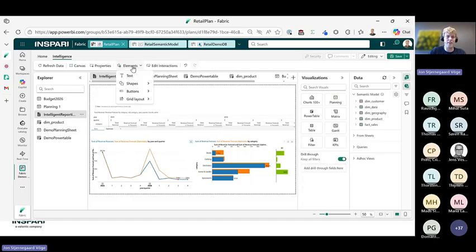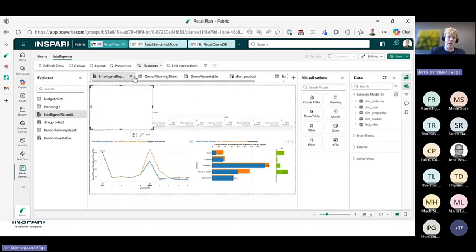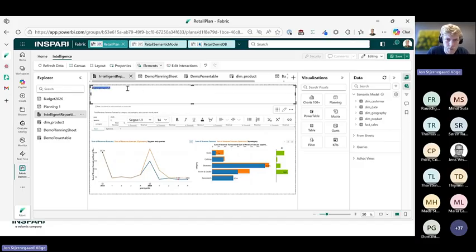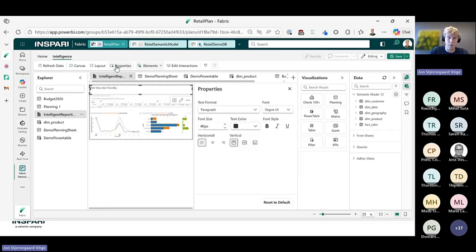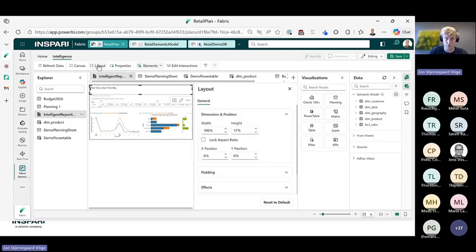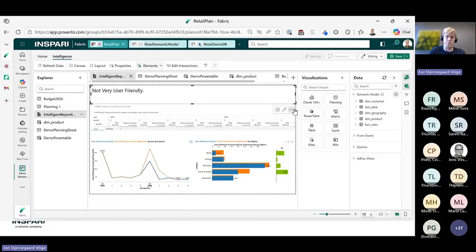It is not Power BI in the sense that it's not very user friendly. I mean, how do I even now increase this text size? Okay, I do that there. That was at least logical, right? How do I format this now? Okay, it's up in the properties, which then open in a weird pane here, right? Now I can change the same things, but not all of them. I need to also go into the layout to change. I don't know. I'm not happy with that part of it.